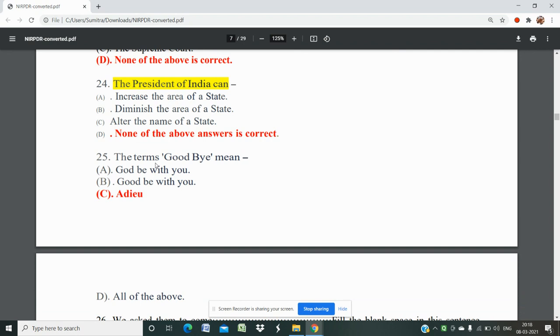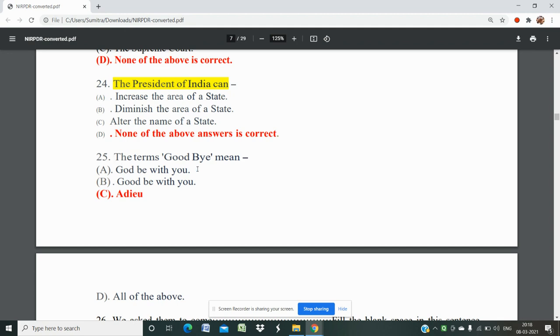Yes, the duty, the power given to the president. Just read that part. It might be the prime minister, it might be a chief minister, it might be a governor. In 2022 they asked about the role of the president, or the question was related to presidential power. I don't think it will come repeatedly this year also. Just read the power, functions, role of prime minister, governor, and chief minister also.